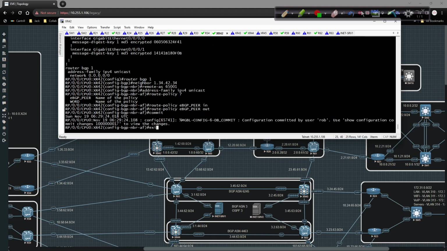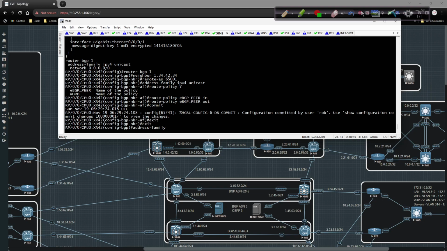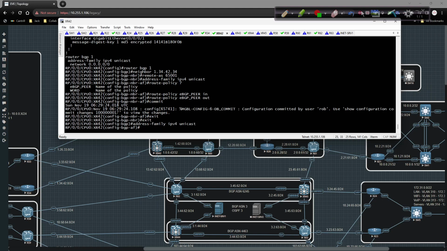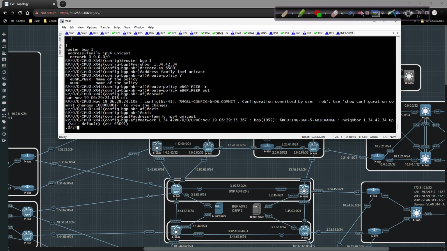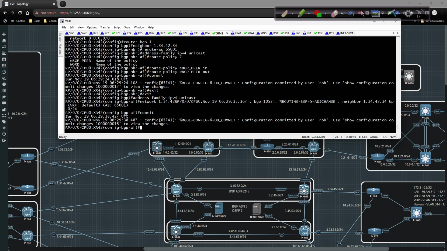And then we're going to exit out of here and then do an address family IPv4 unicast. And then we'll do a network of 1.34.42.0/24. Commit that as well. Nice thing about XR, once you commit it, it saves the config. Okay, so now that I have that done,